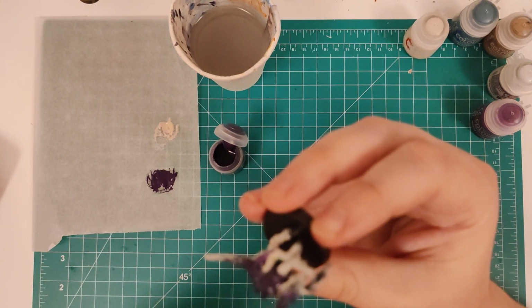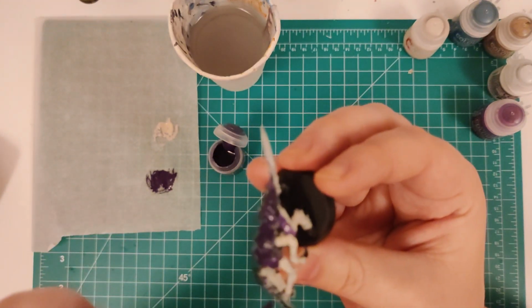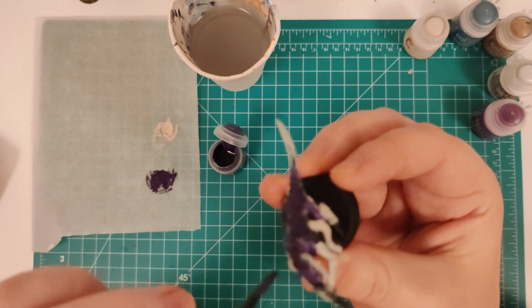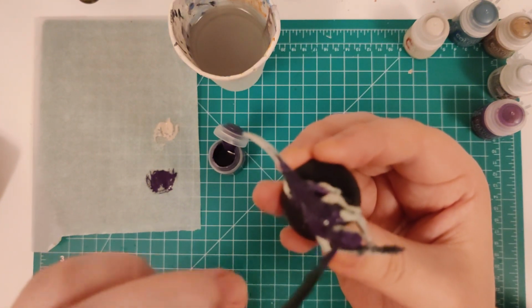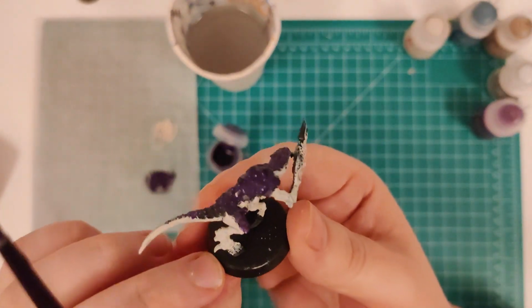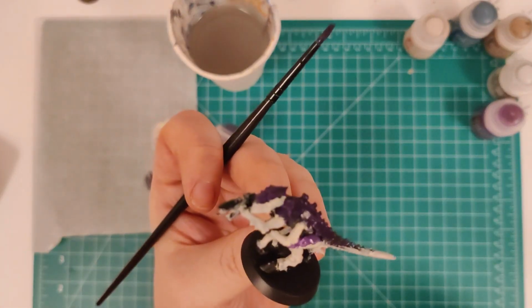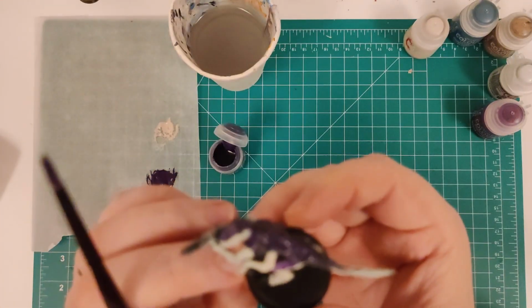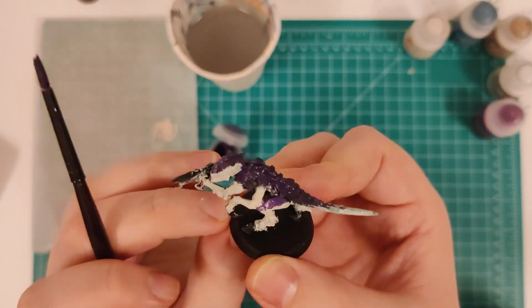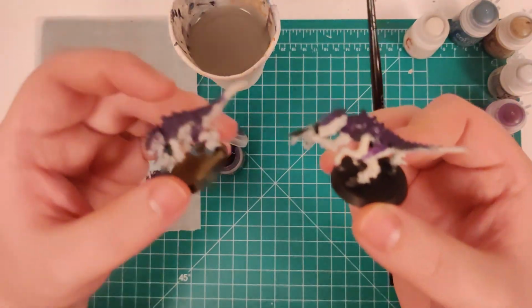And then we'll get this on the top. Just take them a bit more away from there. There we go, get that onto the top. And the thing is, that's just one coat. And that looks really, really good. That's come out very dark, very, well, it's got a bit of vibrancy to it. If we compare it to the last one,